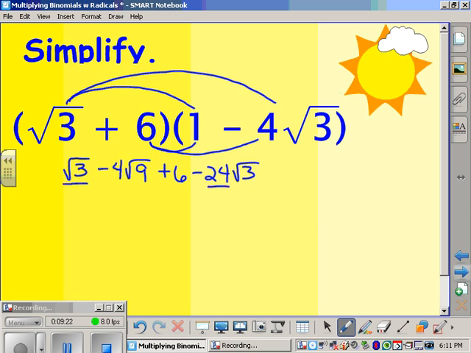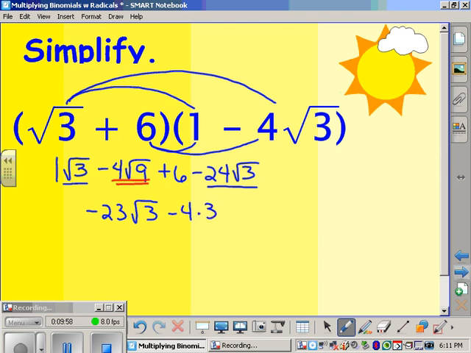Well, first of all, we have like terms because radical 3 and negative 24 radical 3 have the same number under the radical symbols. We can stick a 1 in front of the radical 3 so that we actually have a number to subtract 24 from. So when we combine those, 1 minus 24 would be negative 23 radical 3. The term in the middle, negative 4 radical 9, the radical 9 can be simplified to just 3 because it's a perfect square. So we would have negative 4